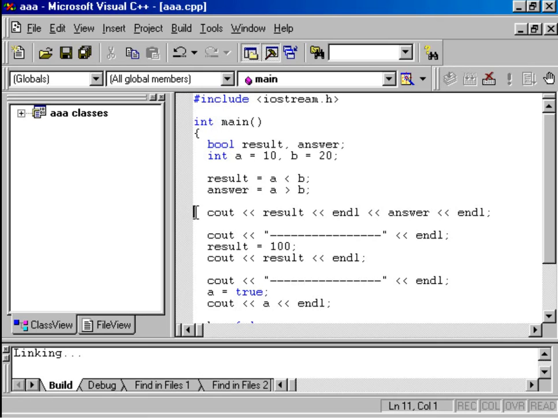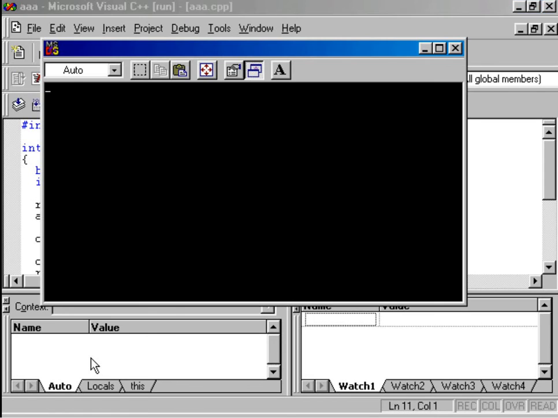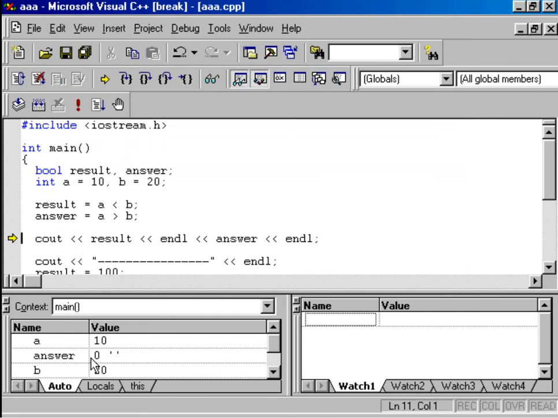Press Control F10. The linking process is over, and that's why we'll have to wait for a few seconds. The program has executed up to this one. Place the cursor over here and again press Control F10.